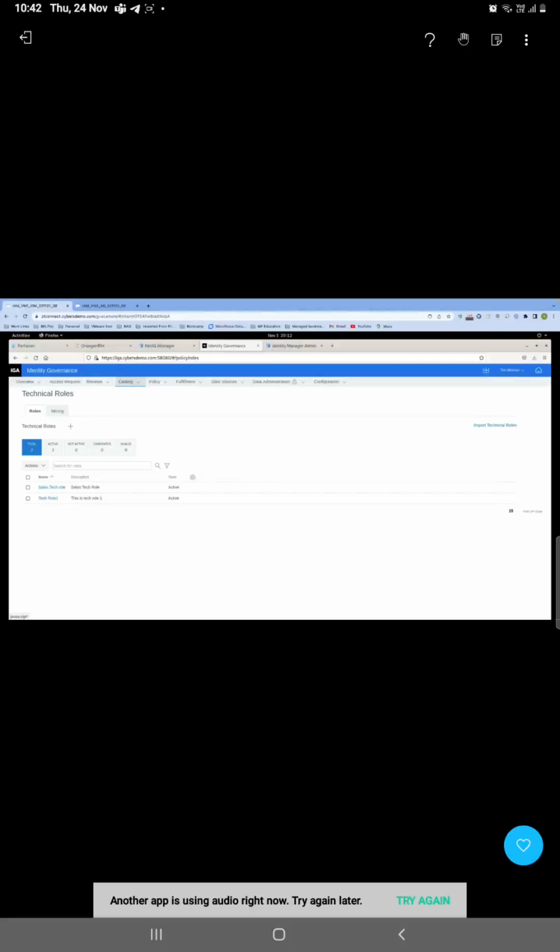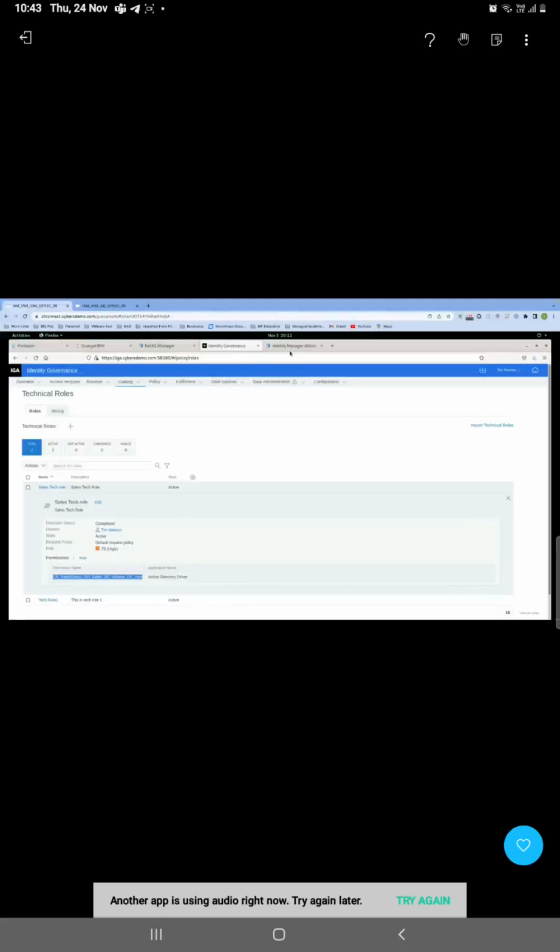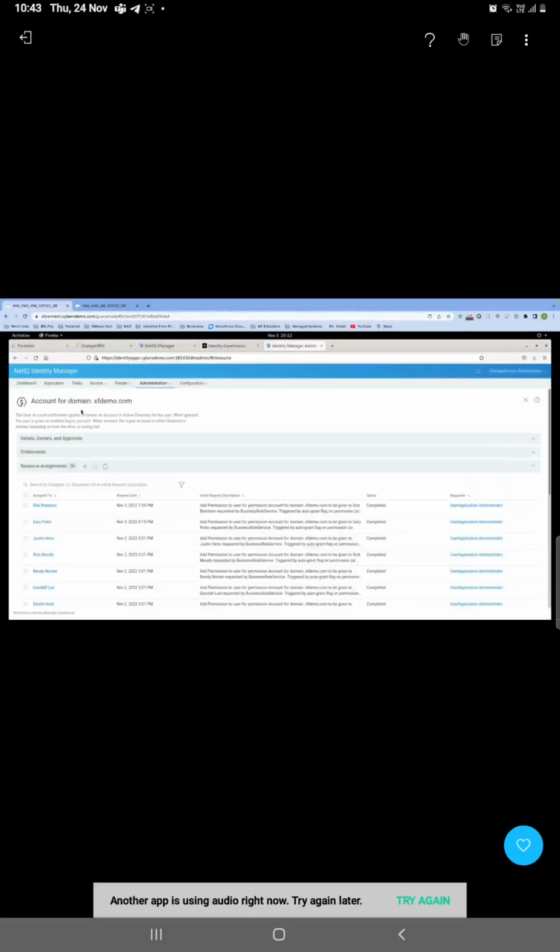I have created this role which is called sales tech role. There is one permission here, that is, you will get this role if you have a sales group permission. Let me come back to here. I have a group here which is called sales group. Now I want Bob to become a member of this group. Again, in my IDM, just to show you an option here,